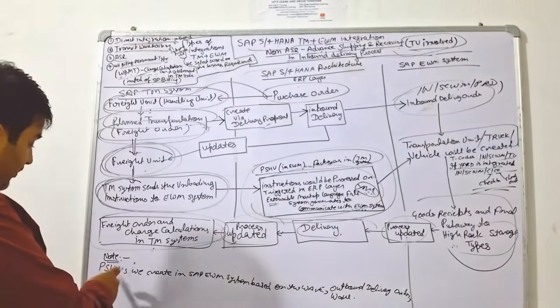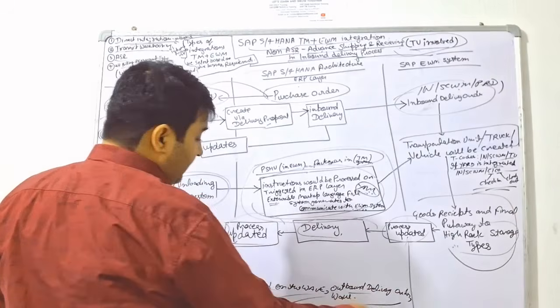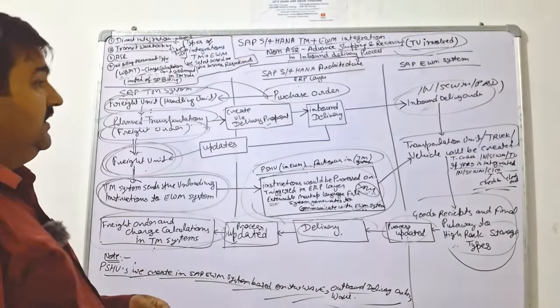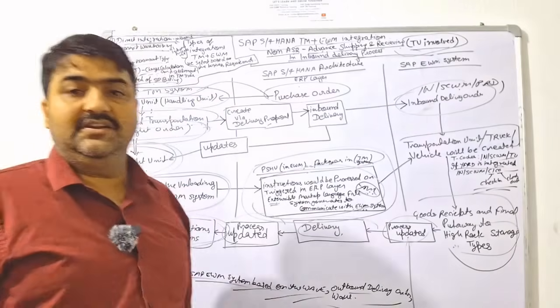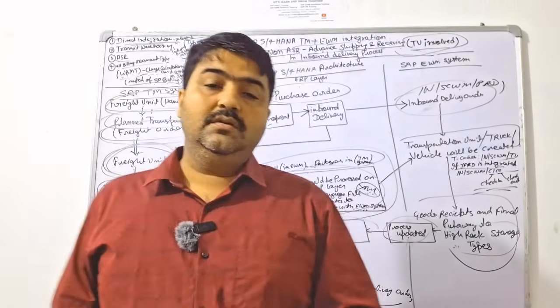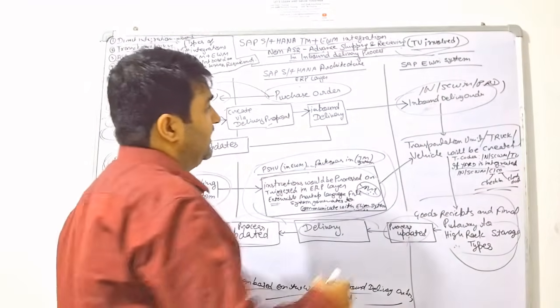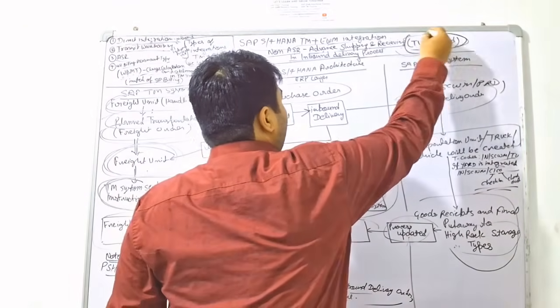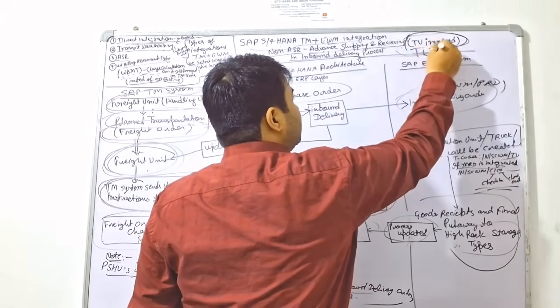And here I put a note, PSHU we create in the SAP EWM system based on the wave, or we have the deliveries or waves. So this is the basic architecture of the non-advanced shipping and receiving. For advanced shipping and receiving, we have more processes. So this is the non-ASR process. That's why in the bracket I put TU involved, or I can say here TU centric,